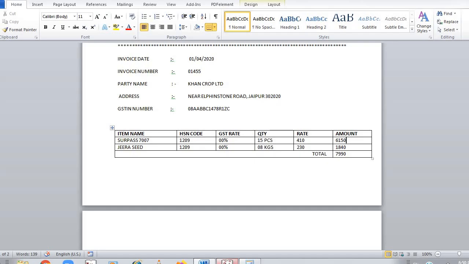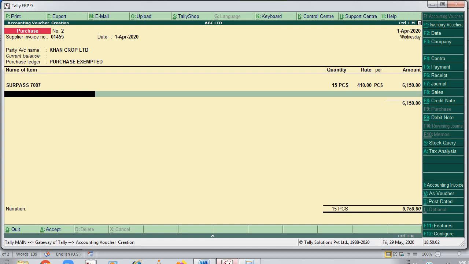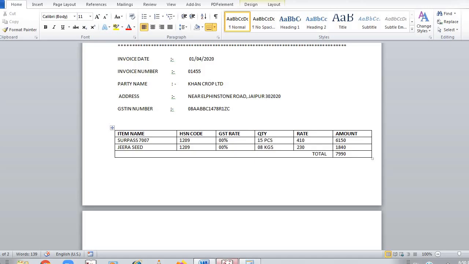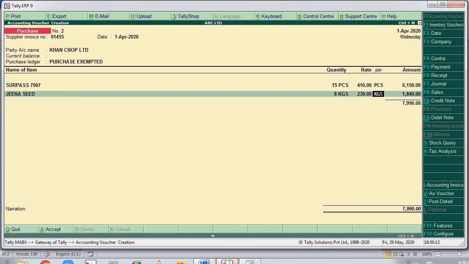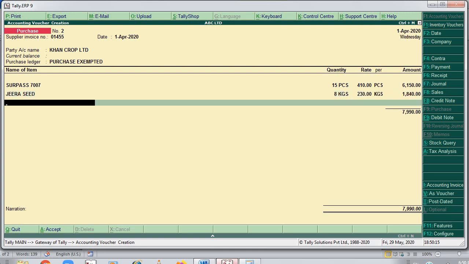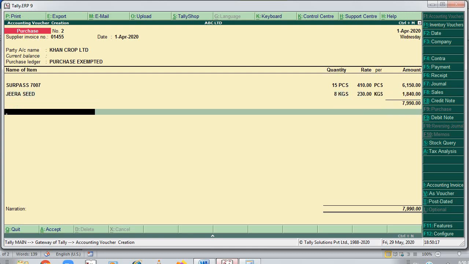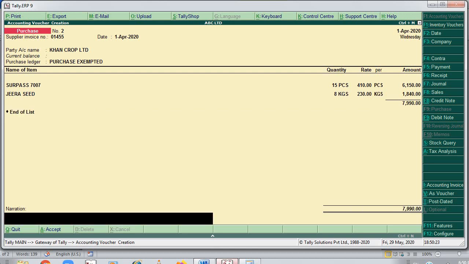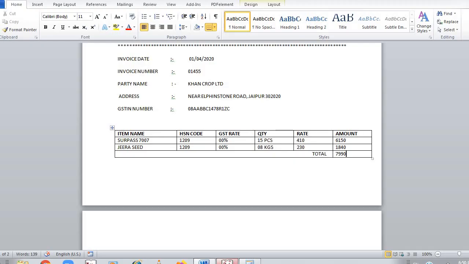Then we have Jeera seed, that is 8 kg, and the rate is 230. So the total amount is 7990. So in this way we have generated two purchase entries over here, two purchase invoices we have created. Your purchase invoice is ready.